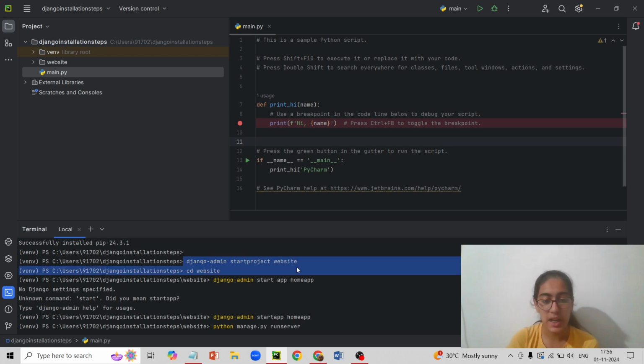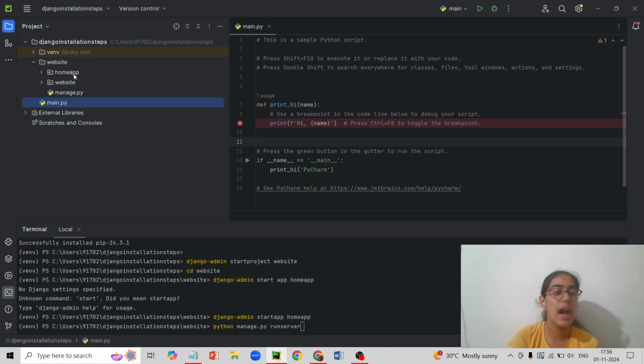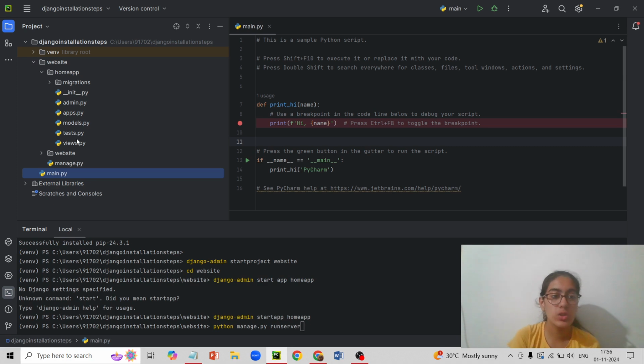Then we did django-admin startproject website, cd website, django-admin startapp home app, and now you'll see over here we also have an app which is the home app, which also has views, tests, models, etc. Now before we go ahead,